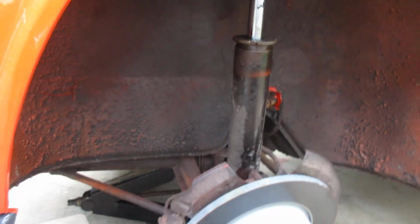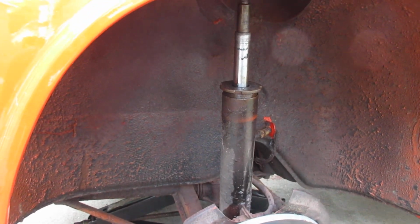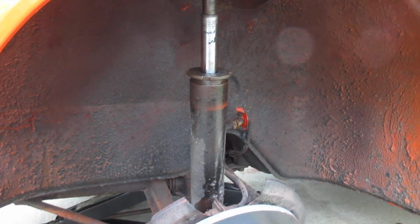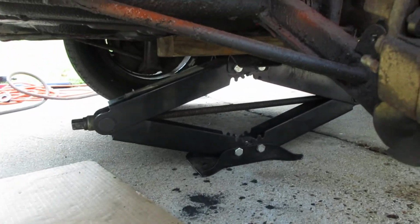Okay, this is a Porsche 914. I'm going to show how to change the front struts without removing the whole driving wheel assembly and the ball joint and all that. This is a much easier way of doing it. Okay, just basically jack up your car,